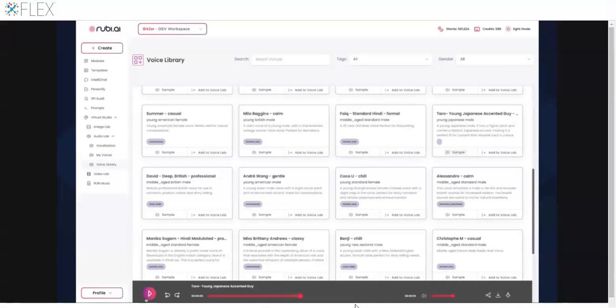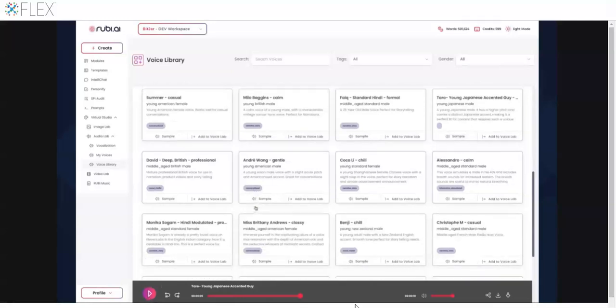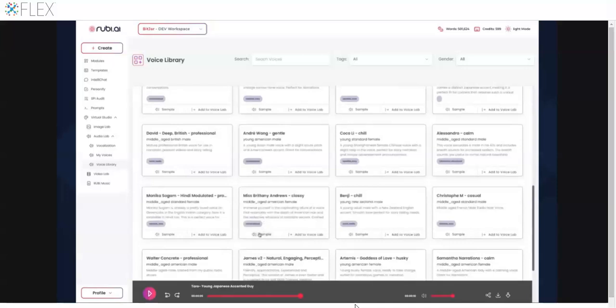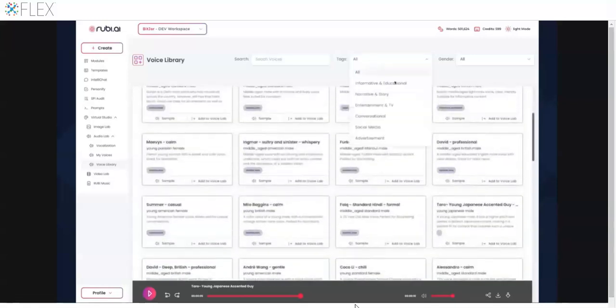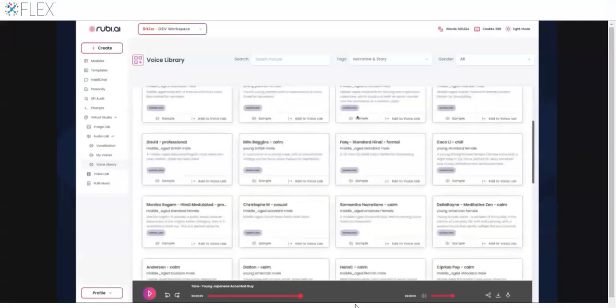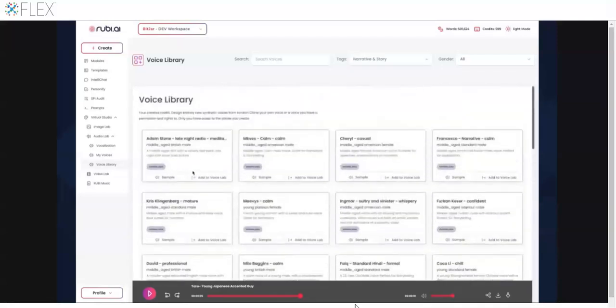Okay, so you can see that you can play each one of these voices to find out what it is that you like. And you can go through a million of them. So this is the one place that when you first get in, I would spend a little time just going through them all. Now you can go through and you can tag them like, oh, okay, I want someone that's going to be good at reading a story. Okay, so now I've got these all that are just those that have a tag of a narrative and a story. And so